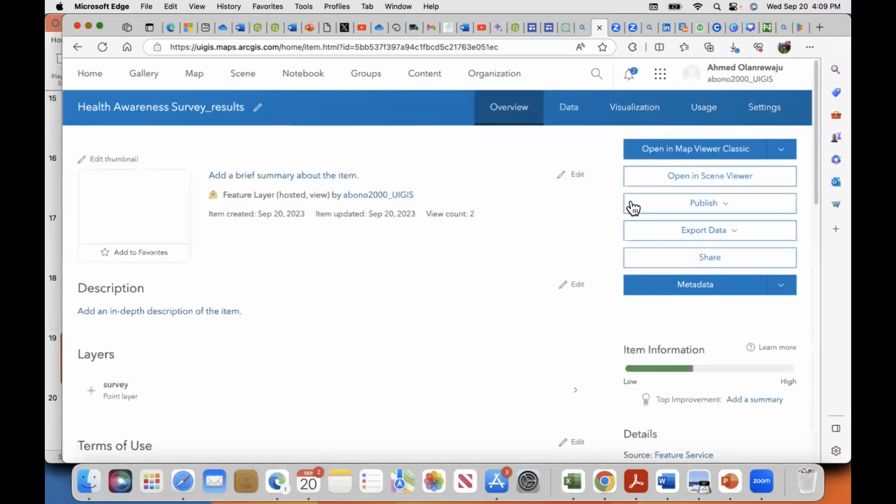Like I said, we can open our map on ArcGIS Pro, ArcGIS Desktop, and ArcGIS Map Viewer Classic, the one on the online ArcGIS platform, to publish our map, because the end product of any analysis is to visualize our map.